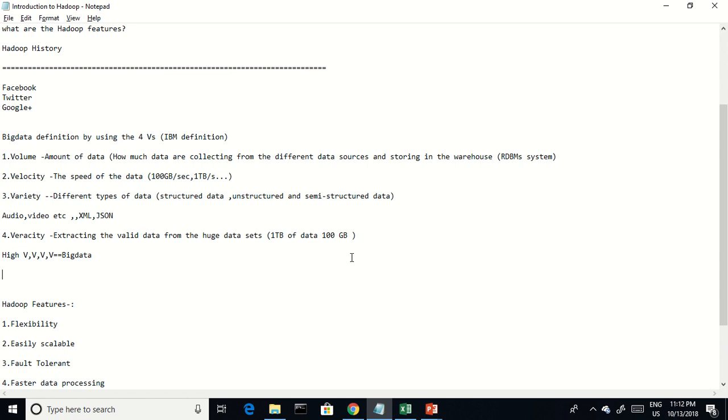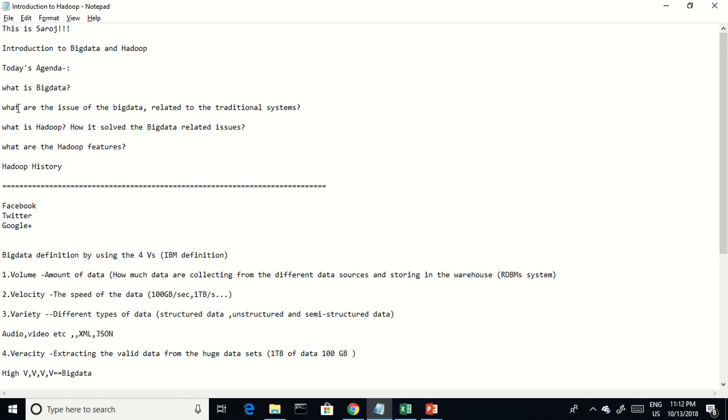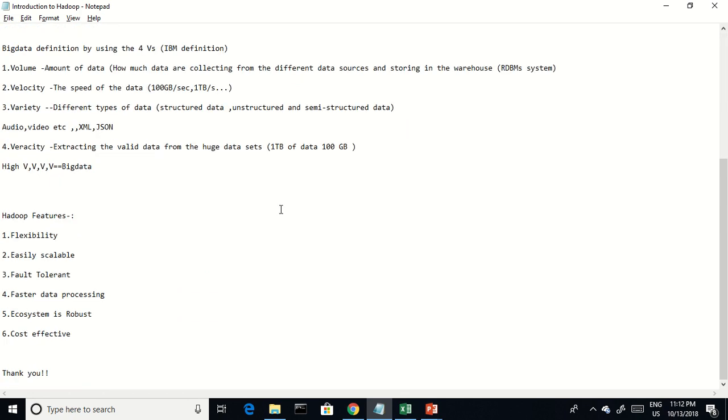Nowadays a lot of internet connected devices keep on generating a huge amount of data. So it is very difficult to store as well as to process the data using our traditional systems. So in big data, two problems arise. The issues of big data, as I keep on saying. What are the issues? Majorly two issues we can say.